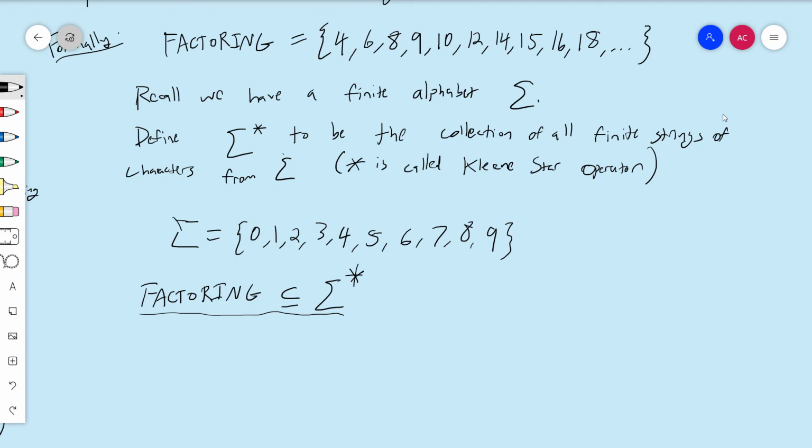And that's how we're going to define a decision problem in the abstract. So here's my definition. A decision problem, otherwise known as a language,